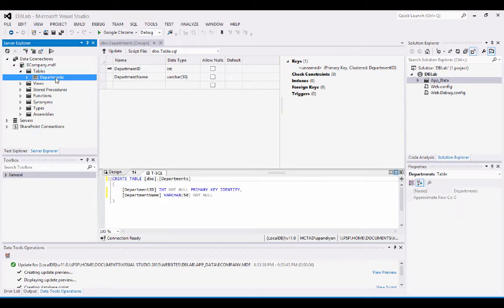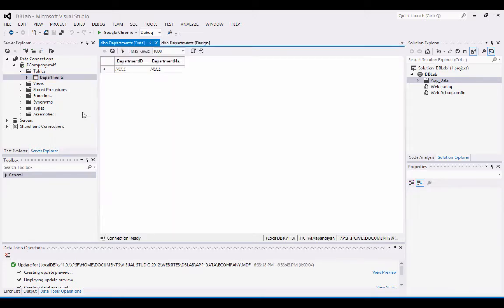And to add rows to this department table, right click and select show table data. Department ID is an auto increment field, so we cannot enter anything, and we'll enter the name for the department: IT, civil, mechanical, business. So let's have 4 departments, and let's refresh this and close the